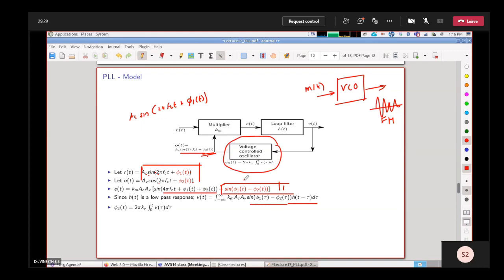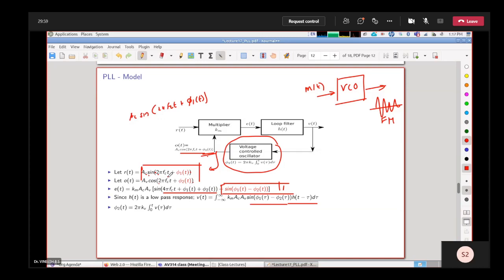Sir, is a 90-degree phase shifter also used just after the loop filter? Yes. Not after the loop filter. Here, if you want to do coherent demodulation, you will take this, then have a 90-degree phase shift, and then it becomes properly matched with whatever signal that you have, and then you can demodulate. Okay, sir.